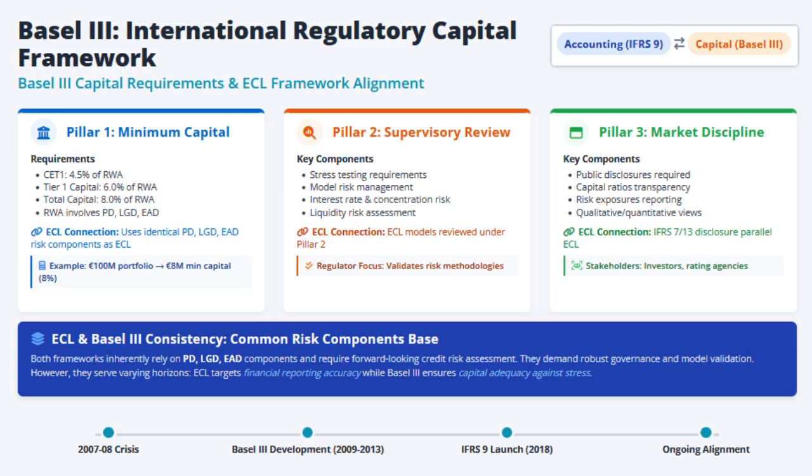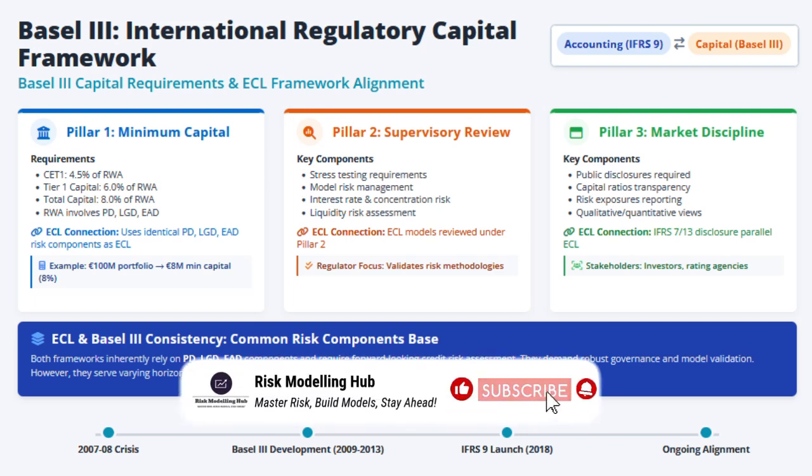And here's where the regulatory capital comes into play, and this is critical for your understanding. Basel III isn't just an accounting standard like IFRS 9, it's a capital adequacy framework. It defines how much capital banks must hold to absorb potential losses. The Basel Committee on Banking Supervision issued formal guidance on credit risk and expected losses, recognizing that the move to ECL accounting strengthened the entire financial system.